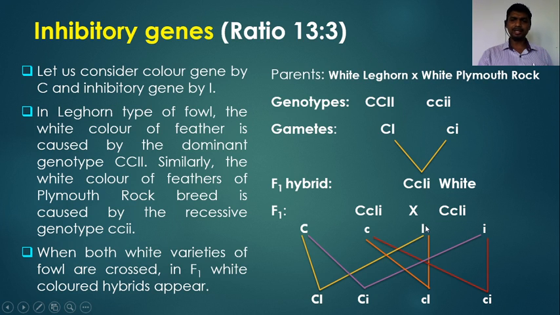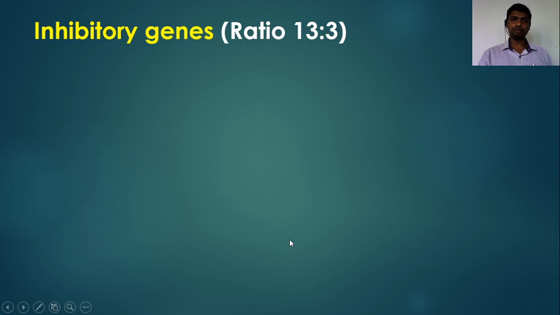We can also make the combinations by taking the other two alleles. This capital I may get associated with the capital C, but we get the same allele combination in the gamete. If we take the further alleles, capital I and small i, we get similar combinations in the gametes. So four types of gametes are produced by the combination of the alleles capital C, small c, capital I and small i. The four gametes are produced.